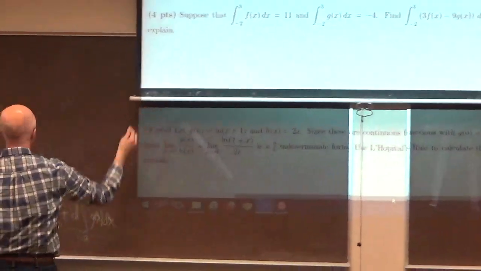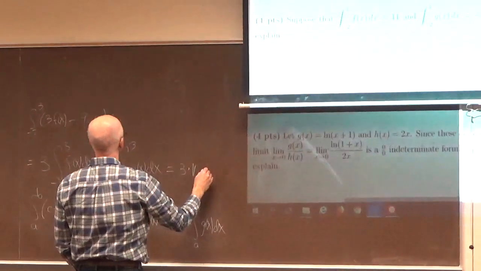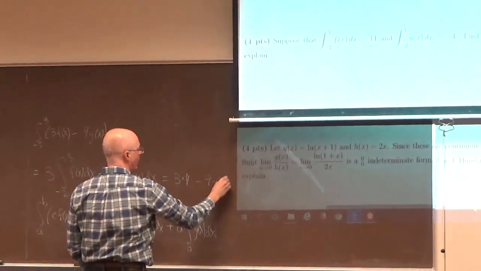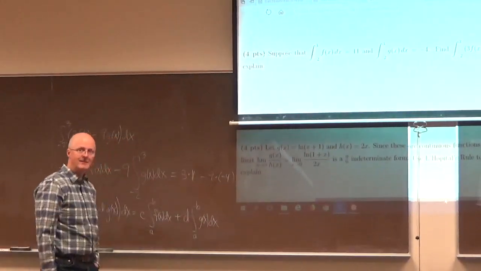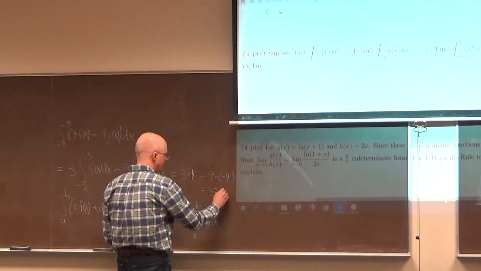So you would write 3 times 11 minus 9 times -4. Many people wrote that, and I gave you full credit for writing that. Also, if you simplify correctly,